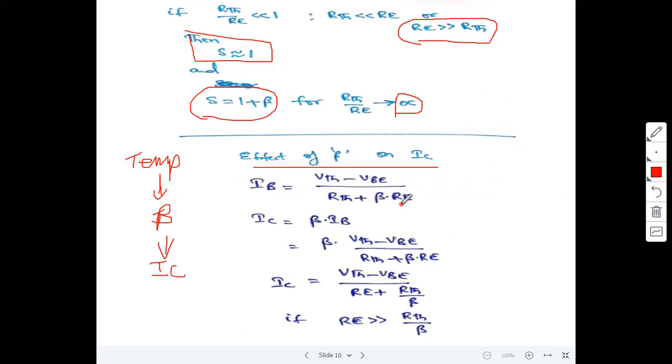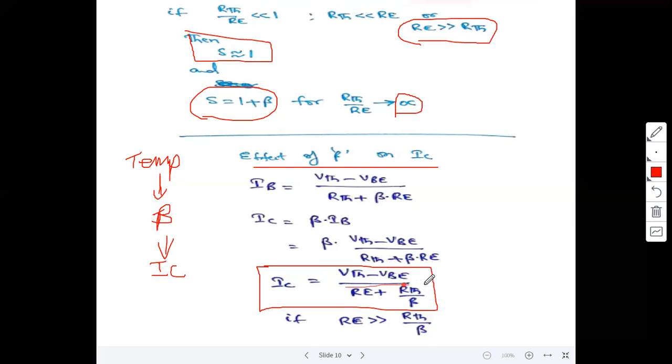Then IC is equal to beta times IB, then beta into IB here. Then further simplify. This is the expression. Now express the collector current in terms of beta. To find the effect of beta on collector current, express the collector current in terms of beta. So what is the expression here? V Thevenin minus VBE by RE plus R Thevenin by beta. Now if this R Thevenin by beta